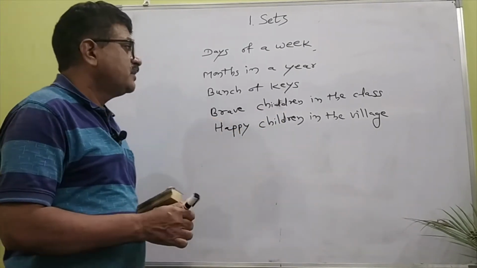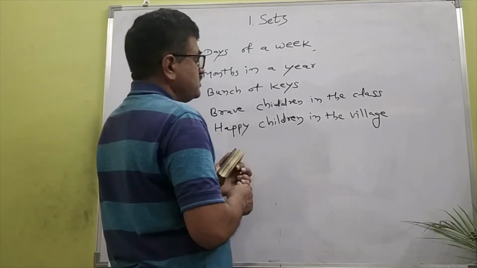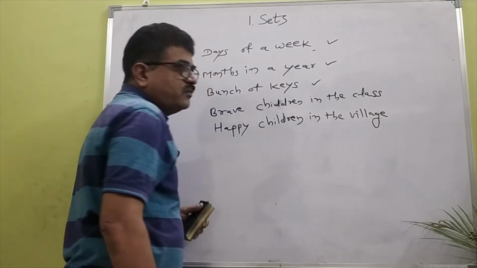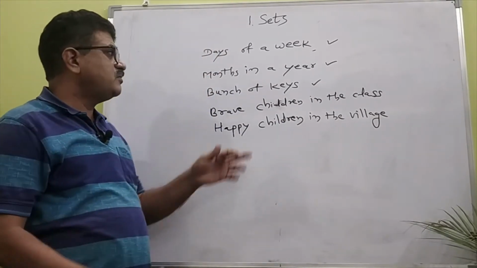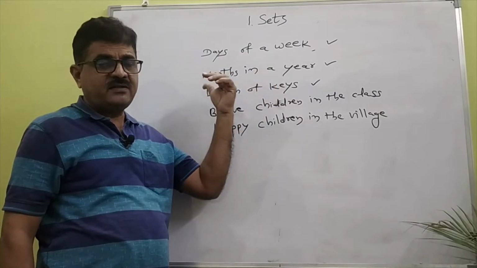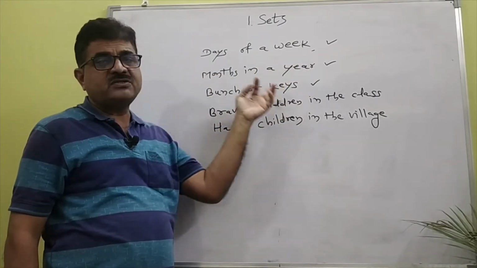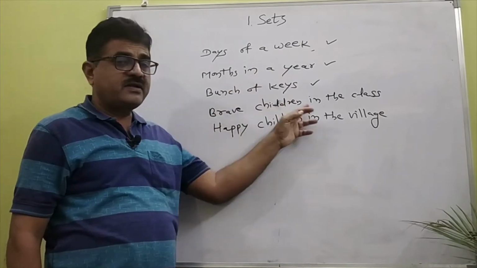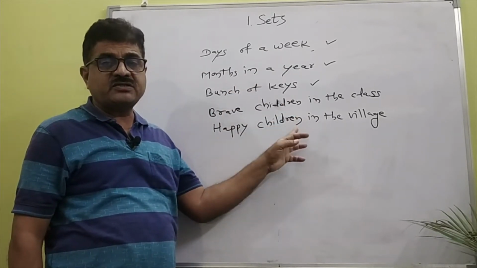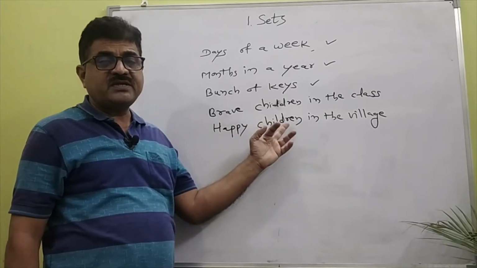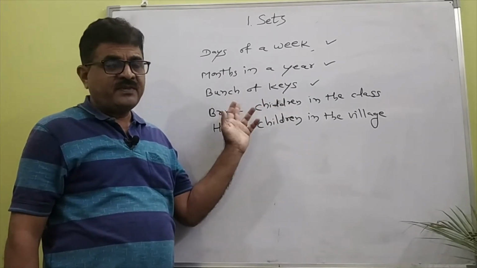No. So the first three collections, now here these three collections, we can take all objects of these collections definitely and clearly. Therefore this type of collection is known as a set. These are not examples of set, these are collections, but we cannot definitely tell all objects of this collection.